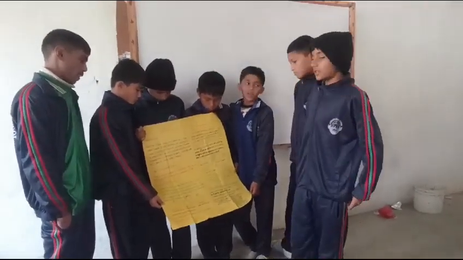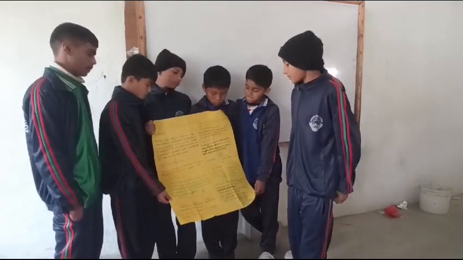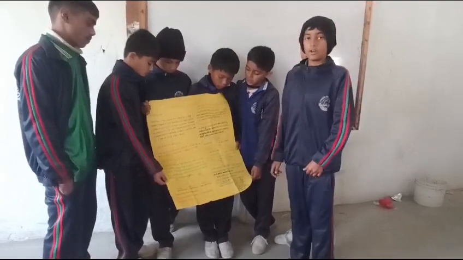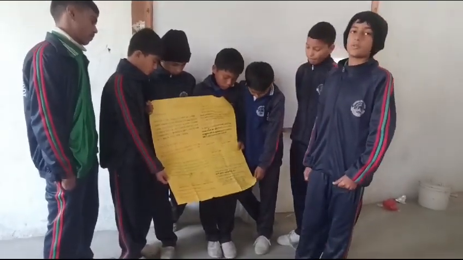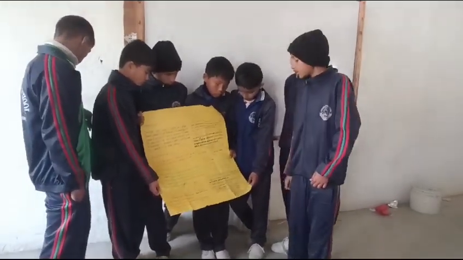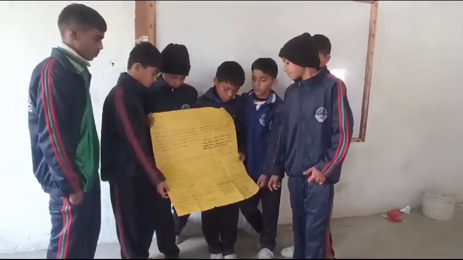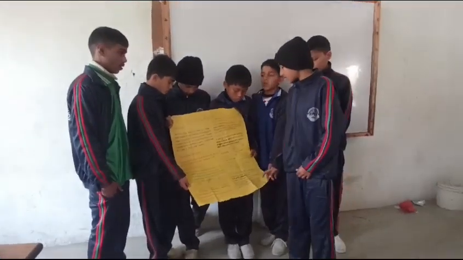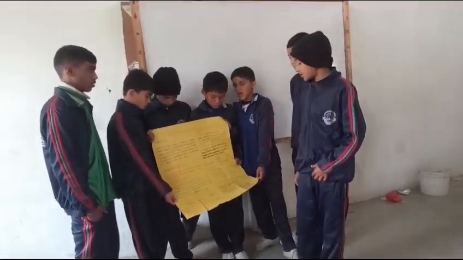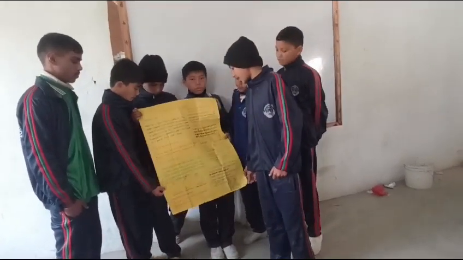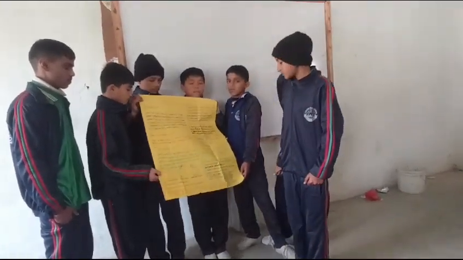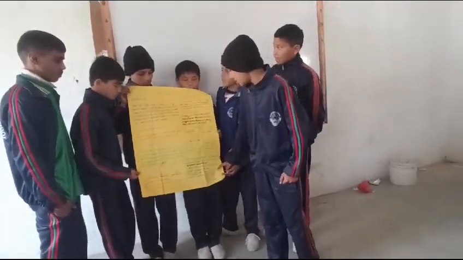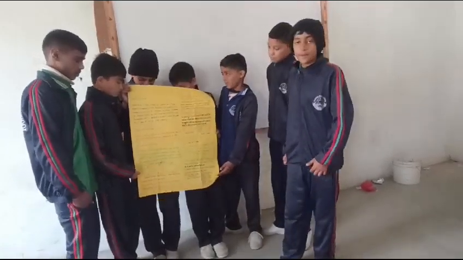The characteristics of parallel combination of cells are: the total voltage of the parallel combination is equal to the voltage of a single cell. Total voltage is V equals V1 equals V2 equals V3. The current in the electric circuit does not change with the change in the number of cells. Uses of parallel combination of cells: it is used to get constant brightness of the bulb. It is used to save the life of the battery.